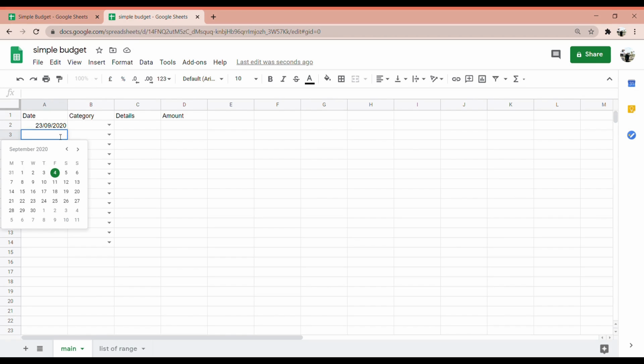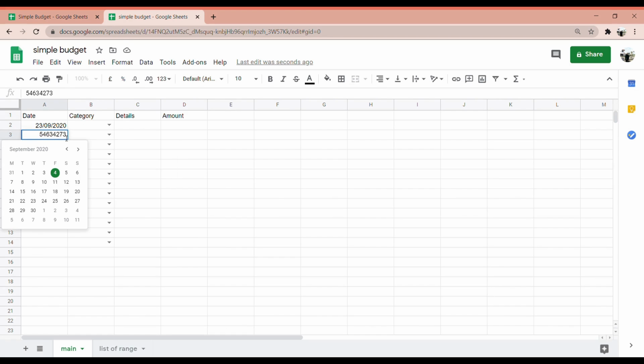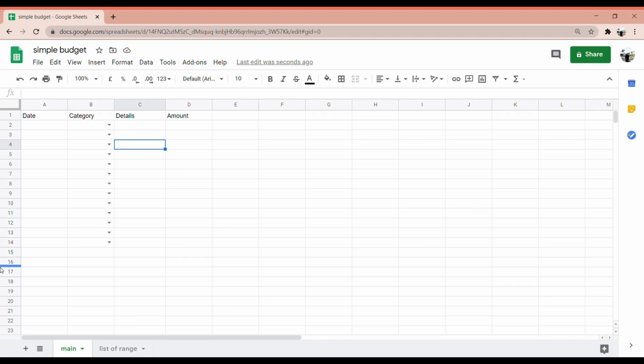But if you put the input as any number, it will give you a warning that this input is invalid because this number is not a valid date. The same as the category cell here, you have essential, school, food and entertainment in a drop-down list. So if you want to categorize something else, like transportation,